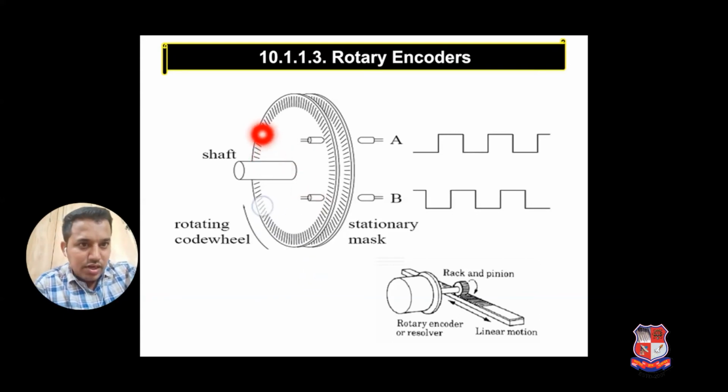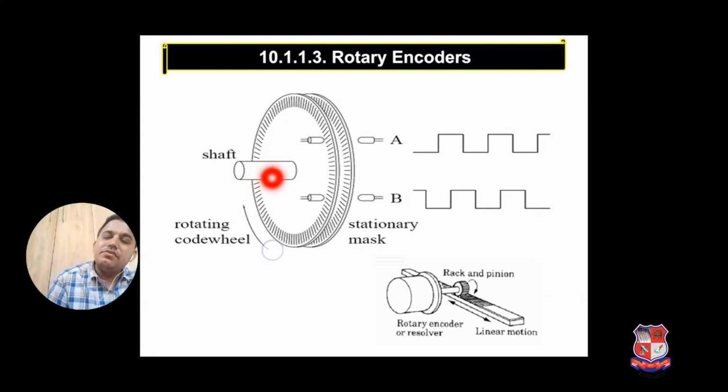So here what happens, this is the main shaft, which is connected with the main spindle shaft. Okay, here two hollow discs are there, and the interval is equal and it will rotate, and here two LEDs are there. It is for the signal purpose. Okay, or we can use a rack and pinion type arrangement. So this A and B give the current, or we can say signals. This signal indicates the minor part.